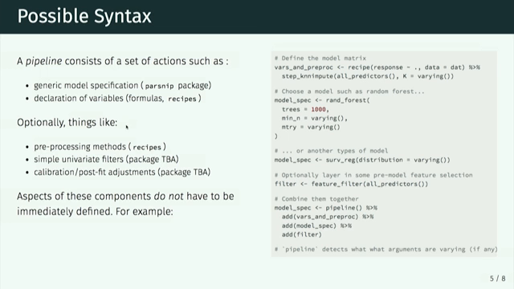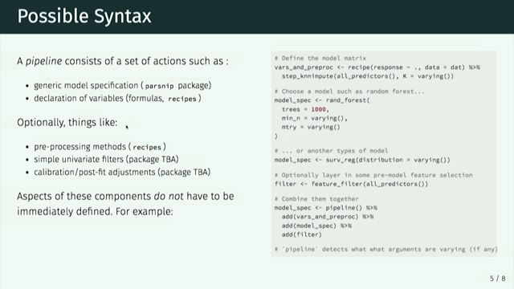And so on the right-hand side there, the top part is basically a recipe that would specify, hey, I want to model in this data set I have. The response is a function of all the other parameters, but I have some missing data, and the modeling function doesn't like that, so I need to do some imputations. Let's do k-nearest neighbor imputation to fill in the missing predictor values. Well, you might not know what value of k you should use, so you might want to try different things and do a little bit of model tuning. So what we would do here is enable you to say, hey, I want to change k, but I'm not really sure what its value is, or I'm going to try multiple values.